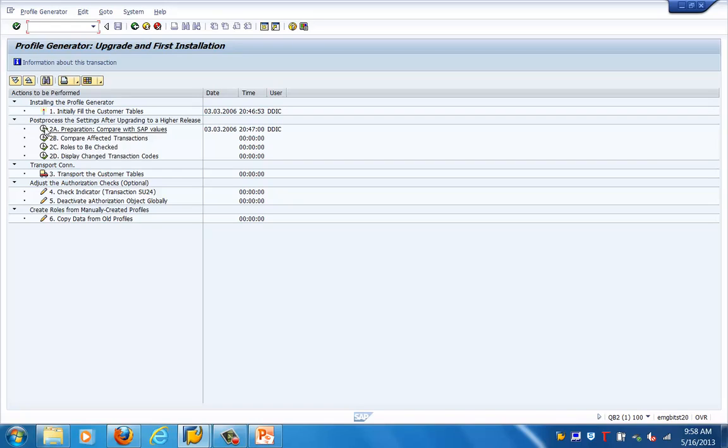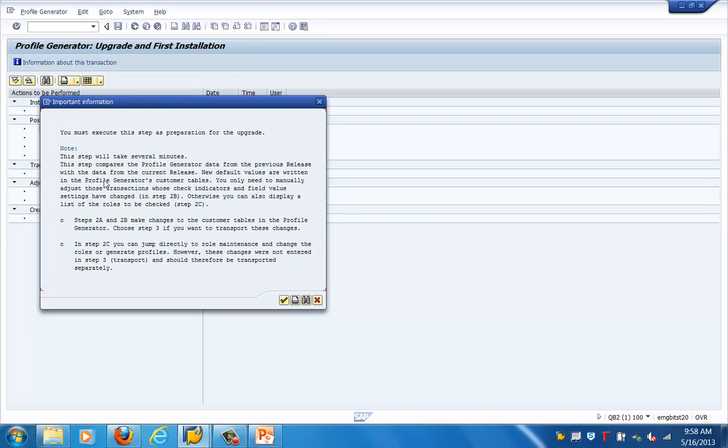We can run this, and it says that steps 2A and 2B make changes to the customer tables in the profile generator. Choose step 3 if you want to transport these changes. Step 2C, you can jump directly to the role maintenance and change the roles or generate profiles. However, these changes were not entered in step 3 and should therefore be transported separately.